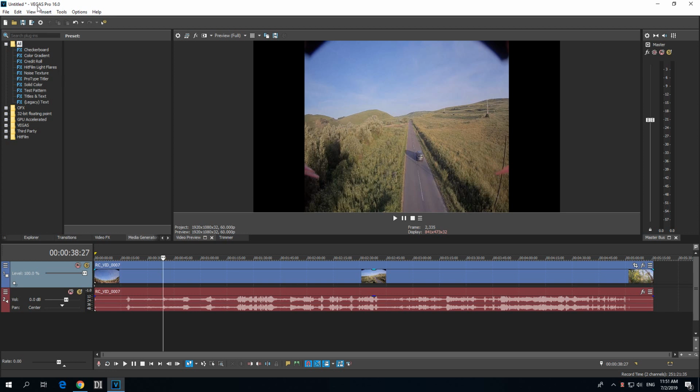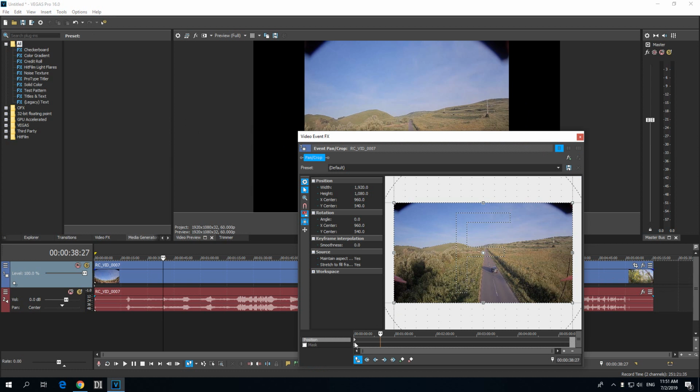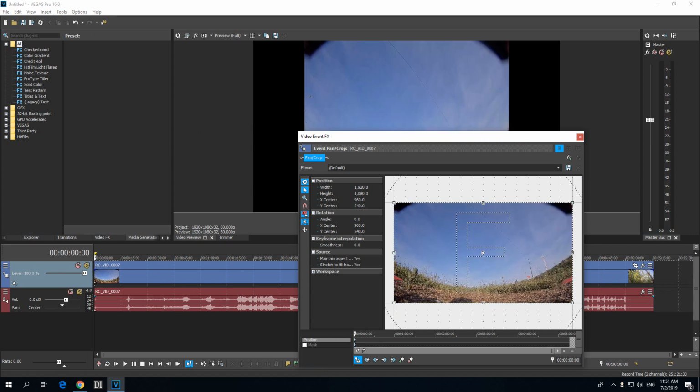Okay, this is Vegas Pro version 16, and let's see why the video has black bars on the left and on the right side. So the first problem to check is come here to this icon, which is event pan/crop. Okay, and make sure you're on the first keyframe there on the position layer, otherwise it will create transitions